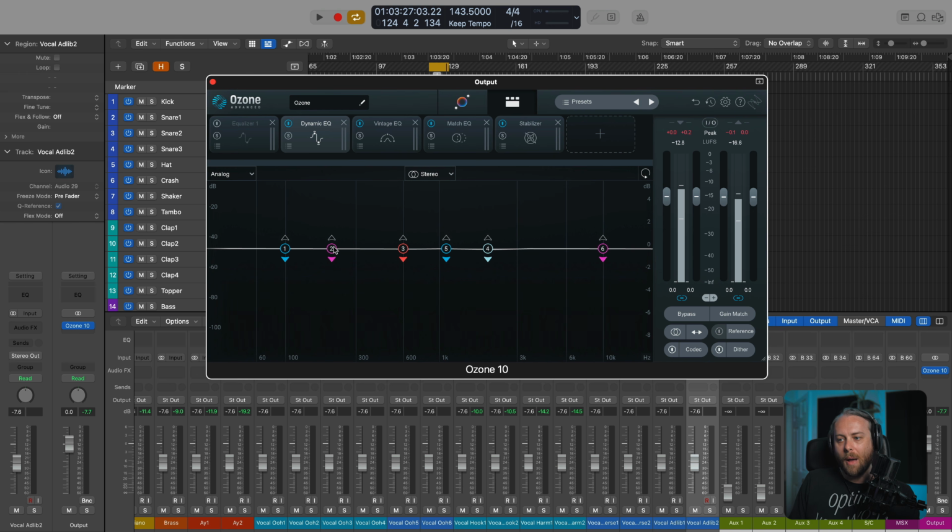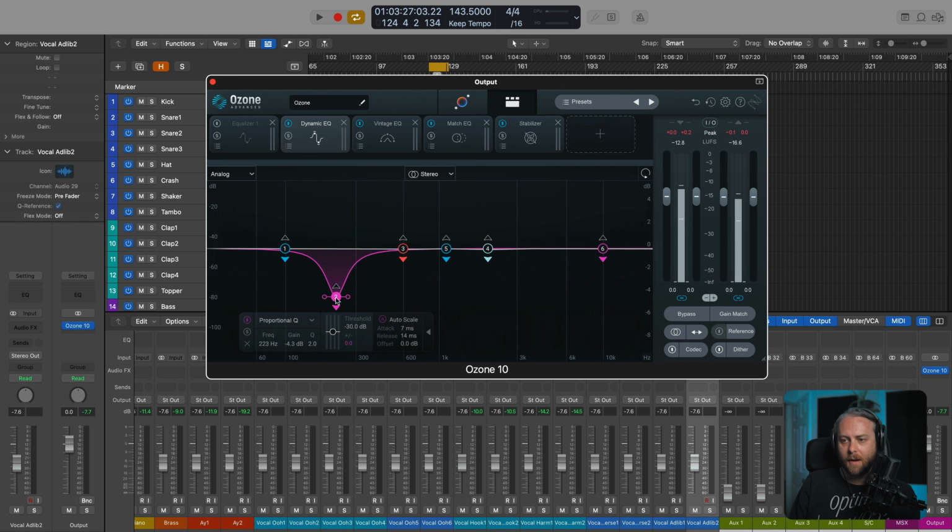But we now have dynamic nodes, okay? So what we can do is we can suppress certain frequency information if we want to. These little arrows are going to tell you if we're poking things down or expanding things in an upward way. And we also get controls like threshold, and there's even auto scale to really fine tune and customize and tailor the behavior and the ballistics of the dynamic EQ work we're doing.